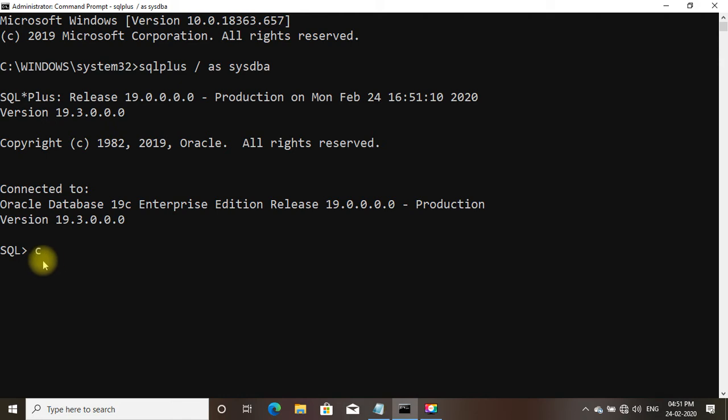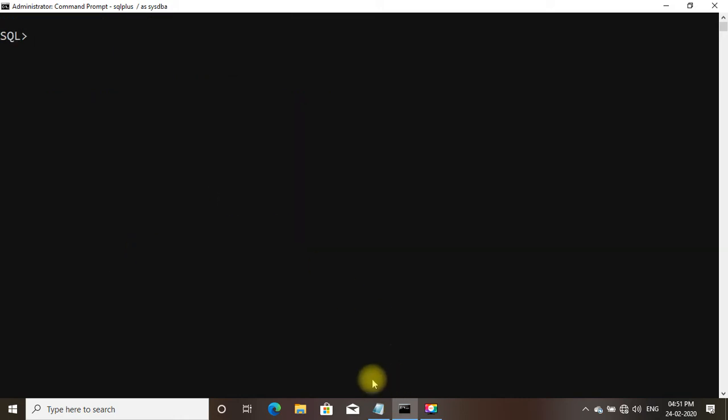Let us clear the screen. Before clearing the screen, I want to show you that this is Oracle 19C, Oracle database release 19.3.0.0.0. Let us clear the screen.